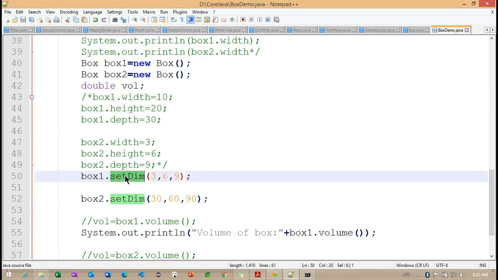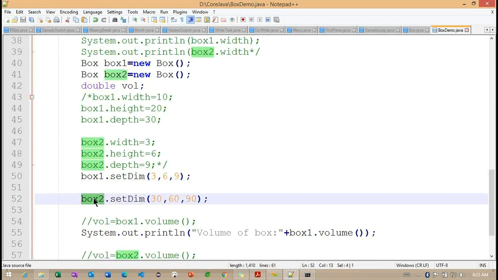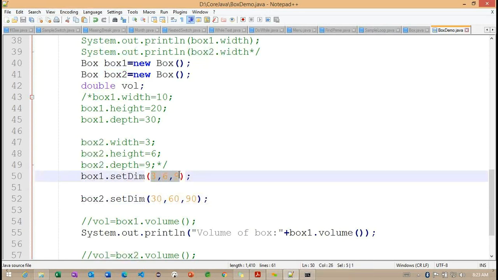But now we have a method here. We can call it as many times as we want to initialize the value. Getting the point? So this particular object is going to be useful for multiple objects. Now you can see the method we are calling from object 1, the same method we are calling from object 2. Only the change here is that we are passing the parameter values differently. Getting the point? Now you can observe that for this particular input, we are getting a different output, and for this input, we are getting different outputs here.